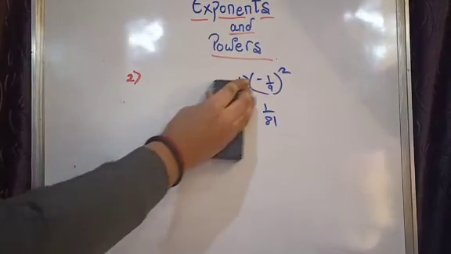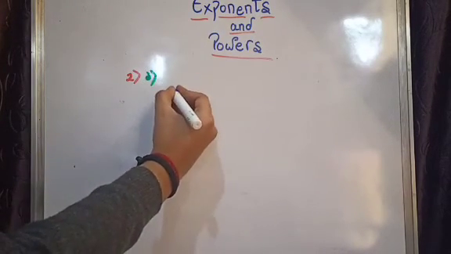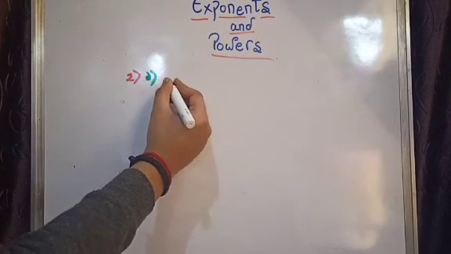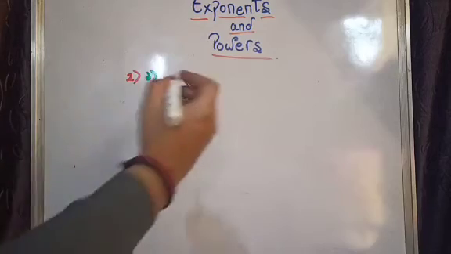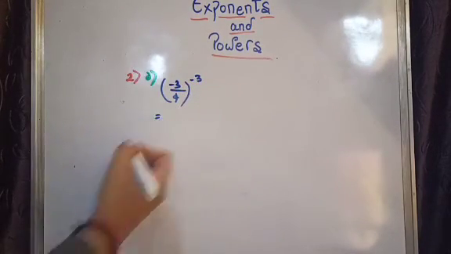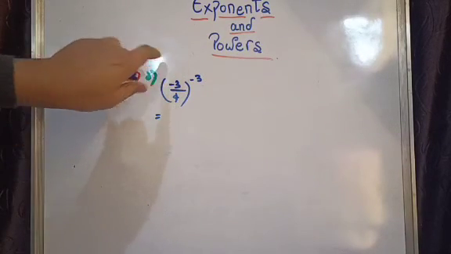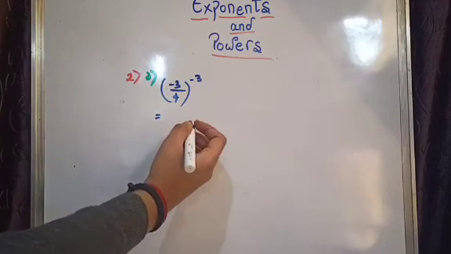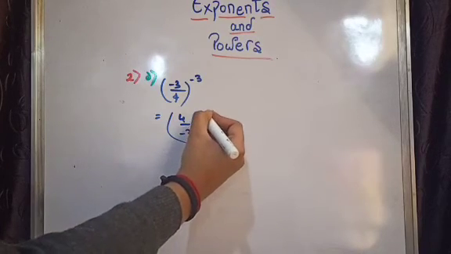D1. Okay, wait a minute. We are solving D1 now, and D1 is given that (minus 3 over 4) to the whole power of minus 3. As you can see, minus 3 over 4 to the whole power of minus 3. I will write it. Now see what I will do. I will again and again multiply this. But before doing that, we have to take the reciprocal because the power is minus. So it will become (4 over minus 3) to the power of 3.